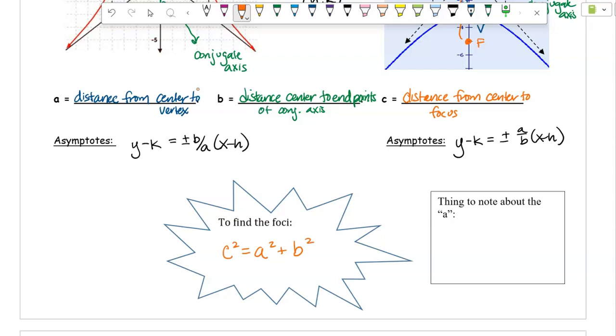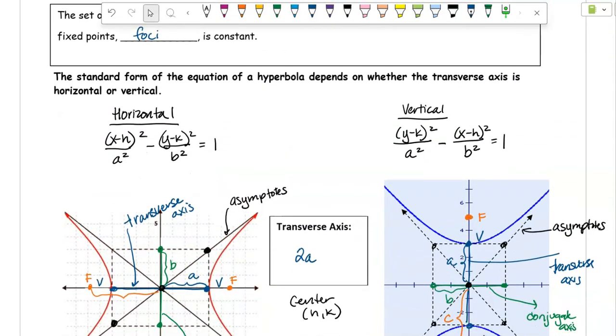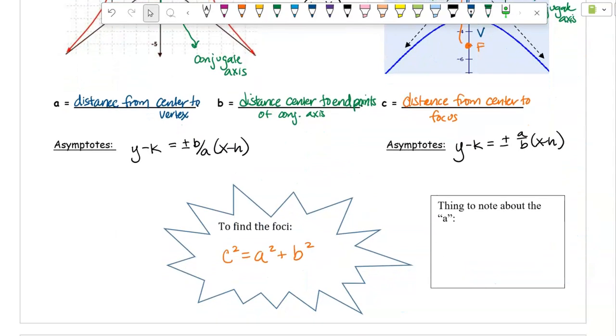So when we're talking about the foci, we use that nice Pythagorean theorem, c squared equals a squared plus b squared. And I kind of like to think about it this way. The formula to find the foci has a plus in it, but our equations are subtraction in a hyperbola. In ellipses, it's the reverse. In ellipses, we're adding the two terms in our standard form,